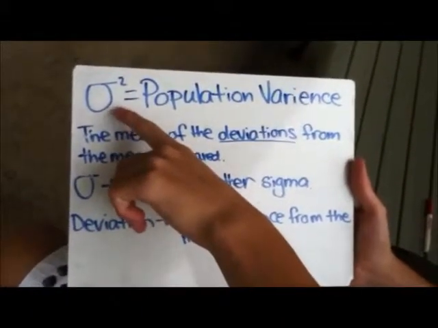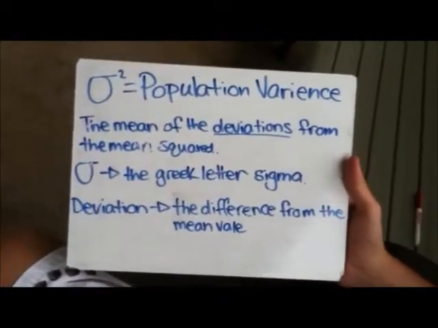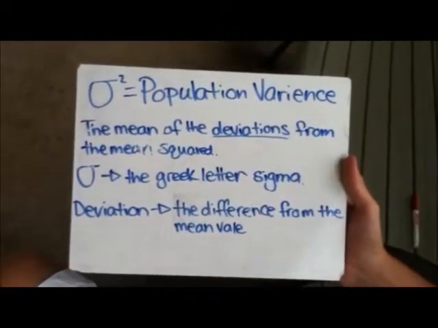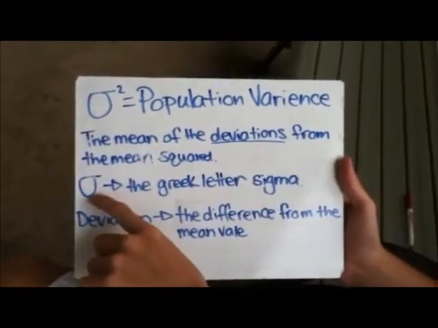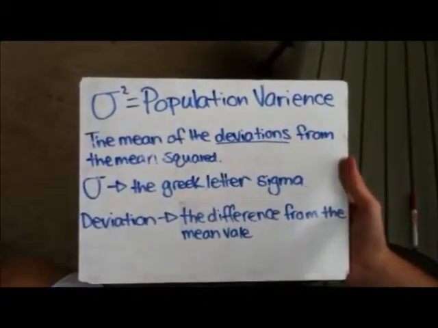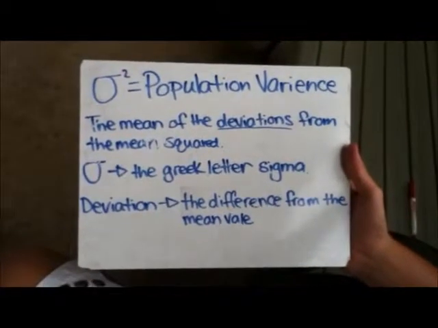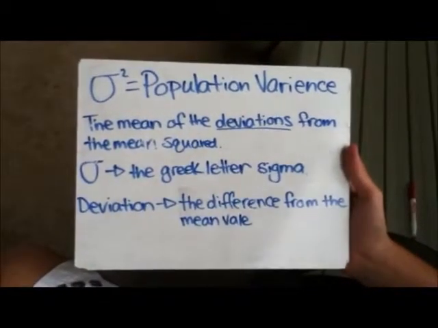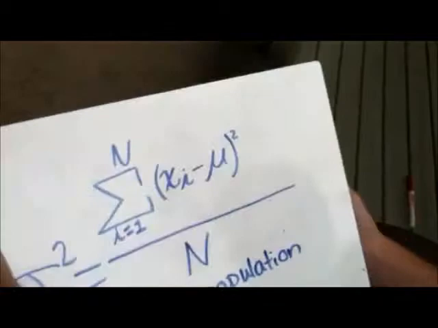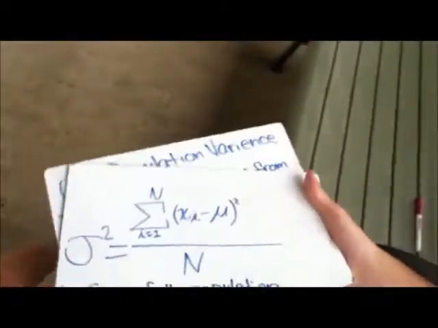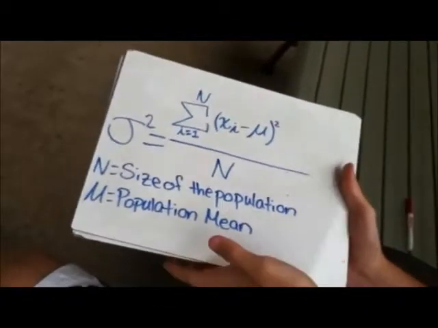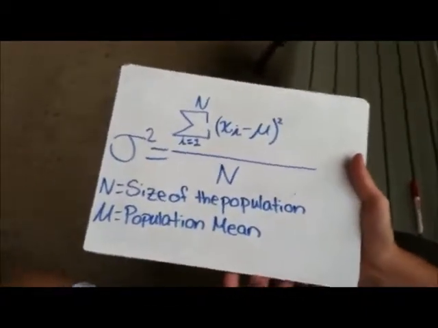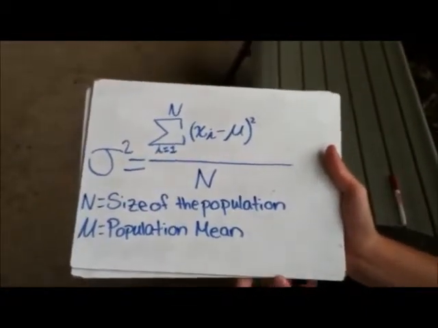This symbol stands for the population variance, which is the mean of the deviations from the mean squared. This symbol is the Greek letter sigma. The deviation is the difference from the mean value. This is the equation for population variance, where n equals the size of the population and m is the population